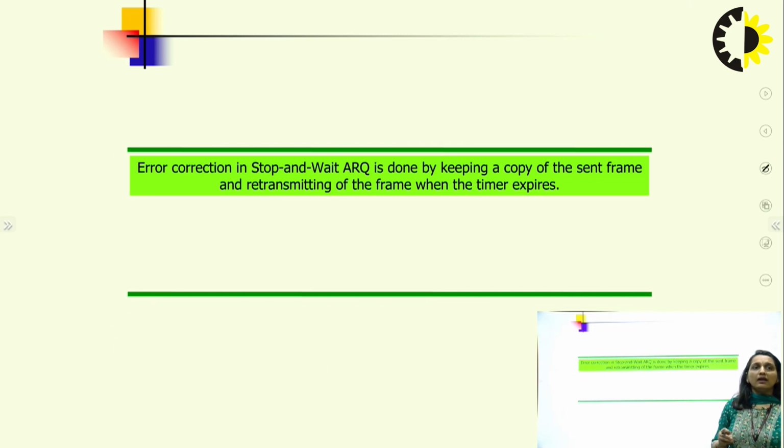The error correction in stop and wait ARQ is done by keeping a copy of the sent data and retransmitting it when the timer expires. As the solution for the noisy channel, when we are sending data, we will have a timer of 2 seconds, 3 seconds, 4 seconds. We are just maintaining a timer. If the timer expires and we are not getting an acknowledgement, or a frame of it,